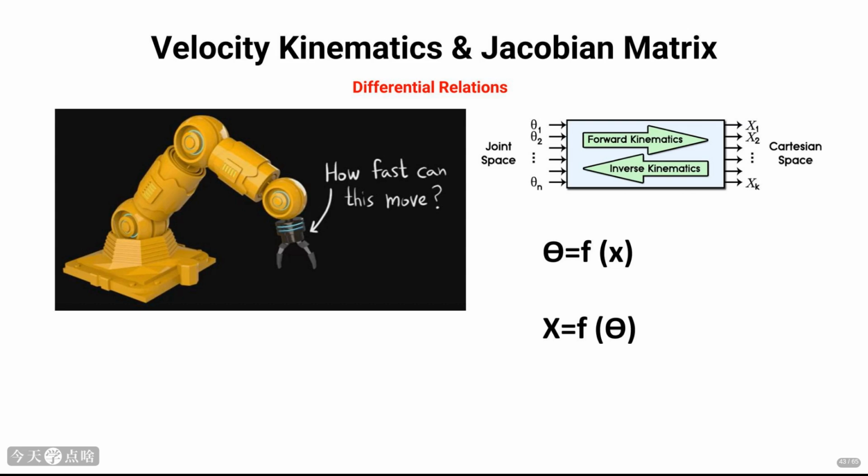Forward kinematics maps joint angles θ to Cartesian position x. Inverse kinematics maps Cartesian position x back to joint angles θ. Velocity kinematics relates the joint velocities θ dot to the end effector velocity x dot. This relationship is captured by the Jacobian matrix, J. The equation x dot equals J times theta dot describes how the end effector